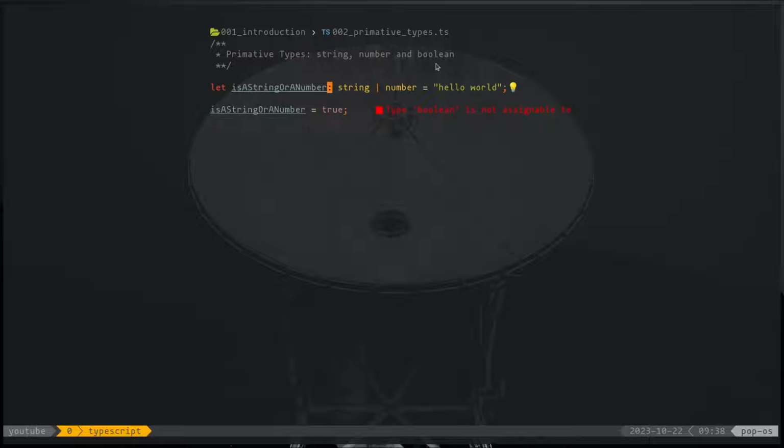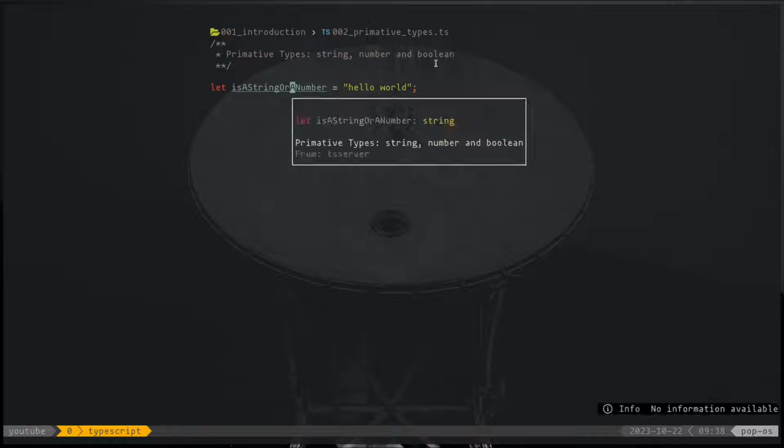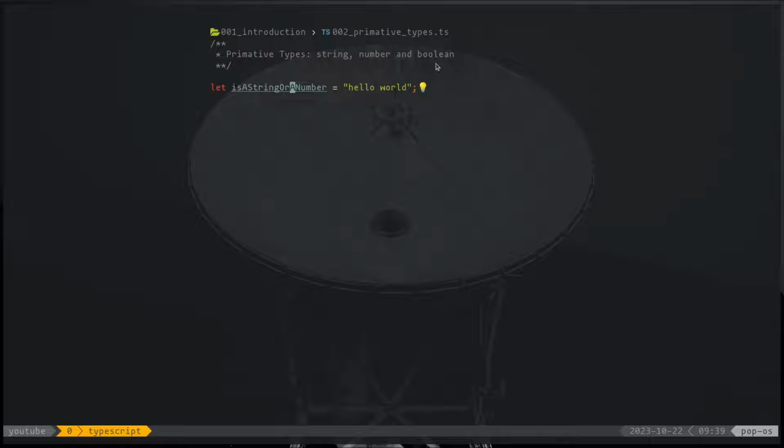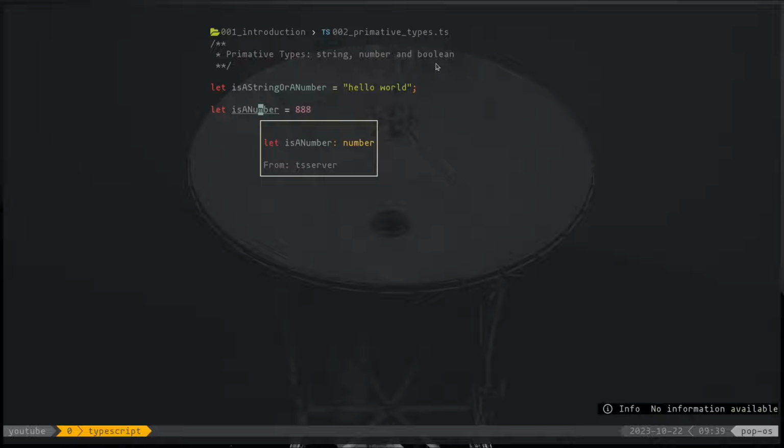One last thing to note with respect to TypeScript's primitive type system is that it will infer the type based on the usage. For example, if we said in this case that this is a string or a number, and we said hello world, if we hover over this string or a number, we would see that TypeScript has determined that this is of type string. So actually, in the vast majority of cases, it is unnecessary to declare the primitive type directly after the variable name. Of course, if we were to declare a number and we said this is 888, then we will see that is a number is of type number,